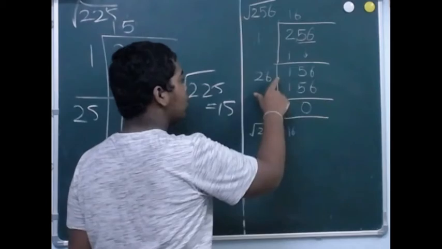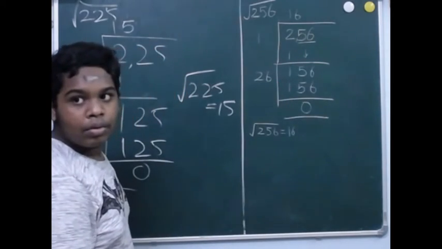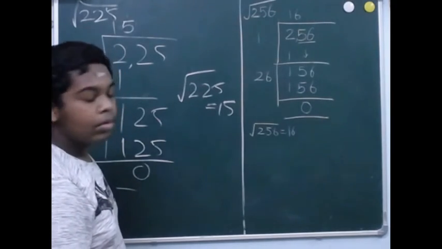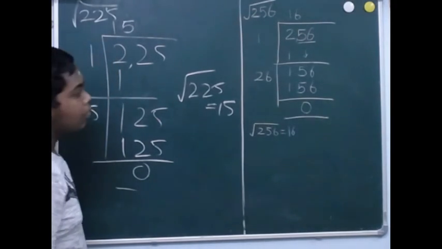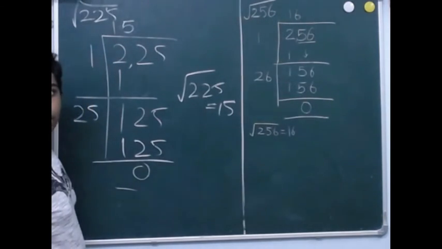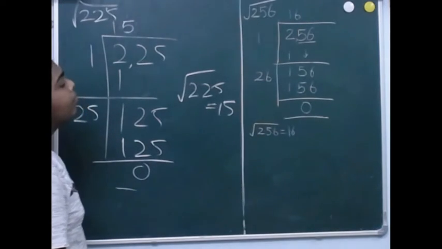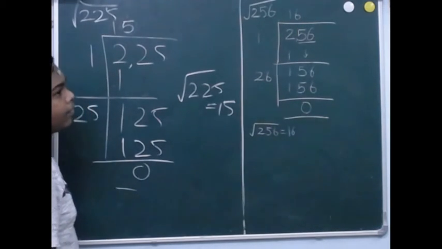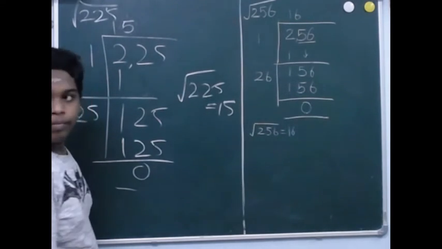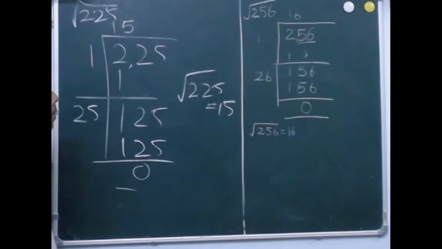Whatever the quotient you have got, that should be multiplied by 2. So 2 into 1, 2. Then try to find out the perfect square within that number. Sometimes you will get the perfect square of that number itself. Sometimes you should get less than that. So you can put 6. So always identify by the unit digit. You know very well, if any number ends with a 6 it can be 6 into 6. If any number ends with a 1 it may end with 9 into 9. So likewise you can guess.